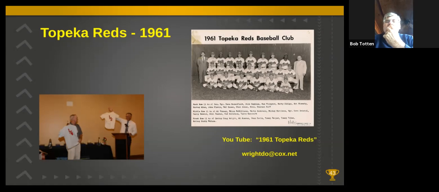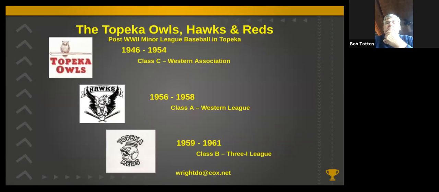So minor league baseball just became even more difficult after 1961. Teams needed a league to play in, and they needed a major league club to keep them afloat and provide them players. And unfortunately, at the end of 61, the 3I League folded, and Topeka's hopes for a ball team in years after 1961 folded along with it, even though Cincinnati indicated it was willing to continue its relationship with Topeka.